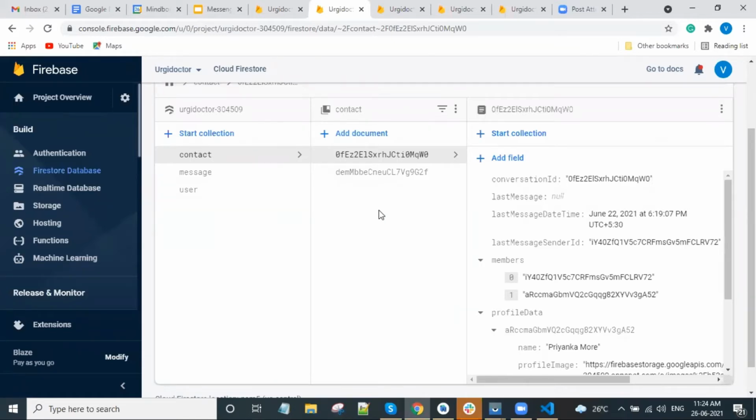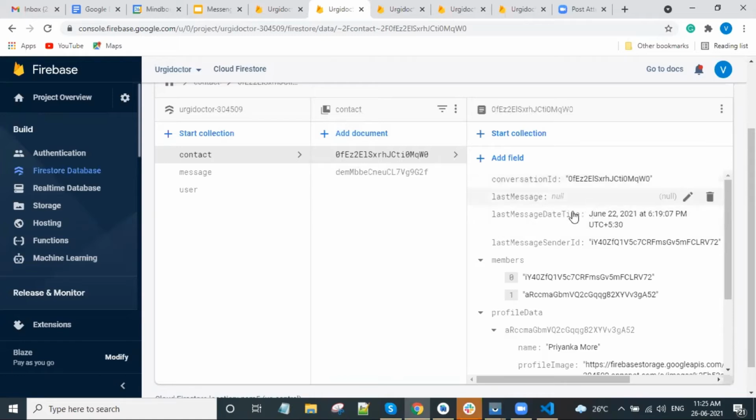So what exactly is the structure we have maintained in the contact collection? In contact, the documents are maintained with a unique document ID. That document ID we call the conversation ID. With that conversation ID, we have stored documents with the last message. The last message has been sent by a user. So the conversation means exactly what you can see: the contacts with the last message and unread message count when the last message has been updated. So the context is shown there.